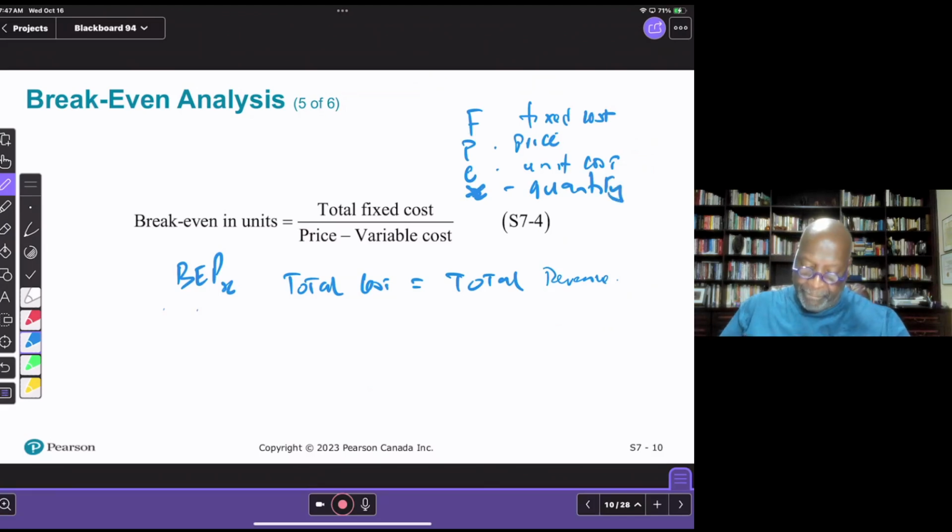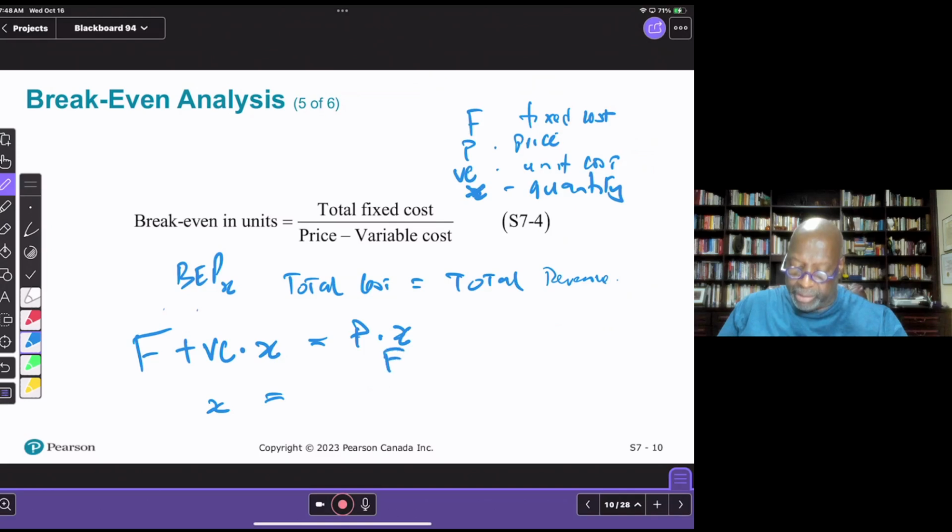Alright, so in that case, what's our total cost? Our total cost would be our fixed cost plus the variable cost. Let's make that VC just to be consistent with the text, times X, the amount we produce. Our revenues would be the price times X. So if we solve for X, then we would get